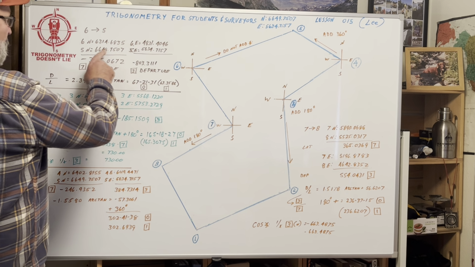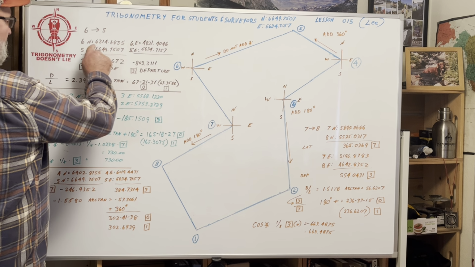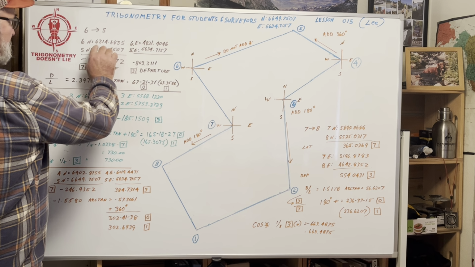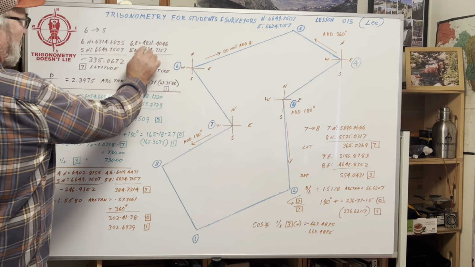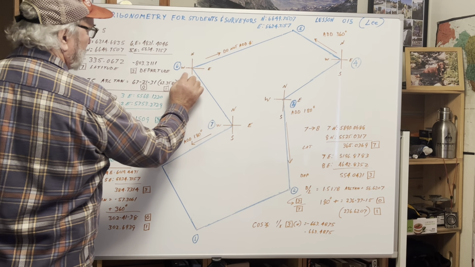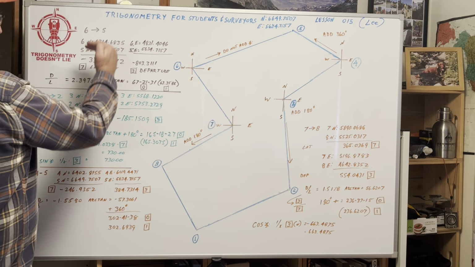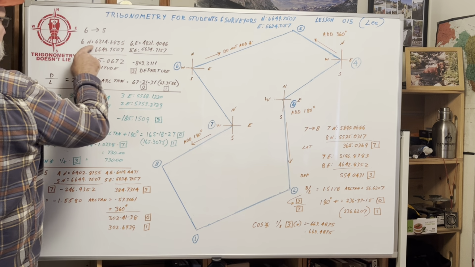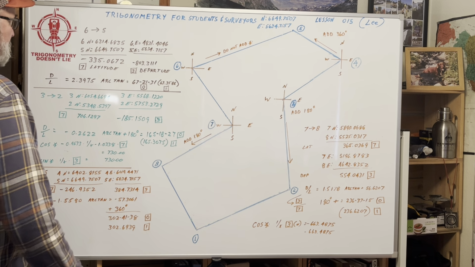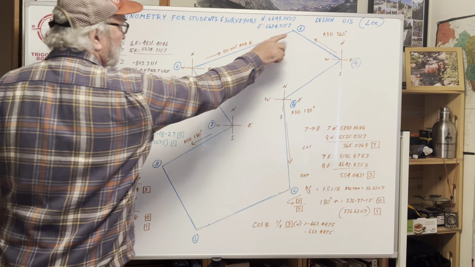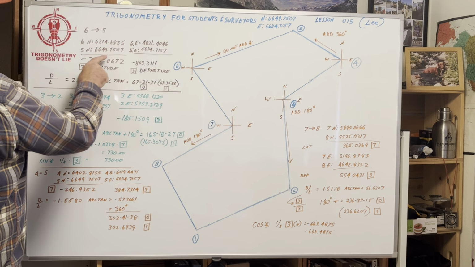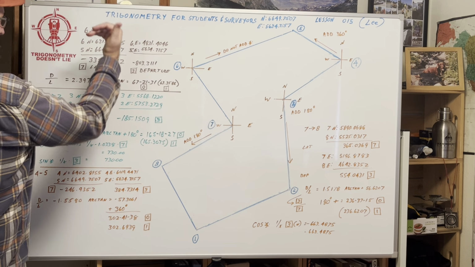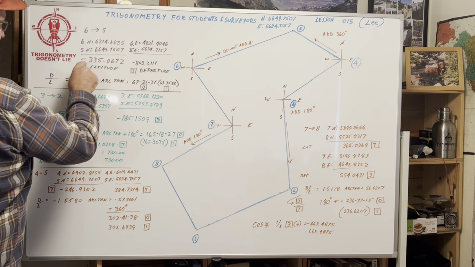So we're going to start with a northing of 6. The northing and easting of 6 is 6314, 6835, and that's the easting of this one right here. But right now we wanted to get the difference between the northing of these two. So 6 is 6314, 6835. 5, the northing of that, is 6649, 7507. Subtract those and you get a negative